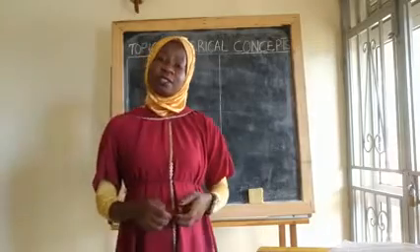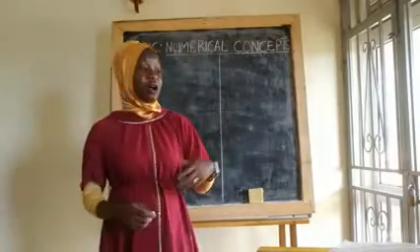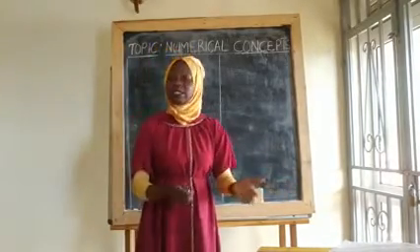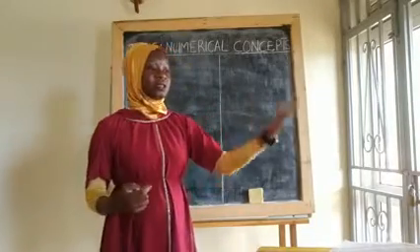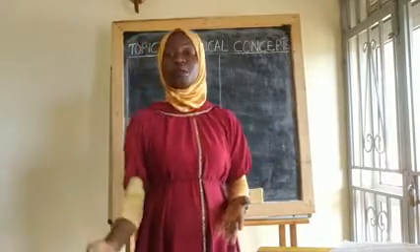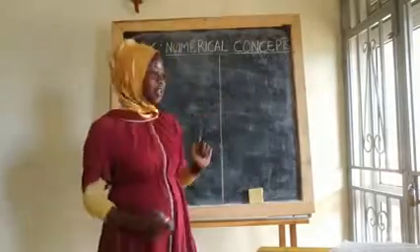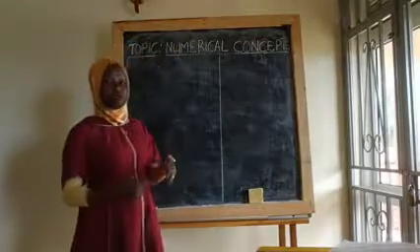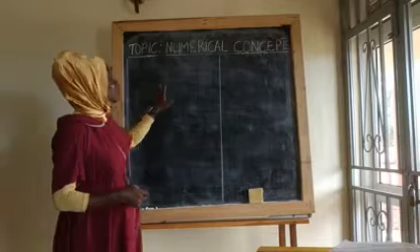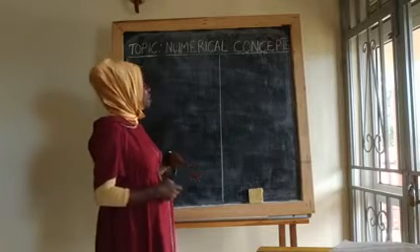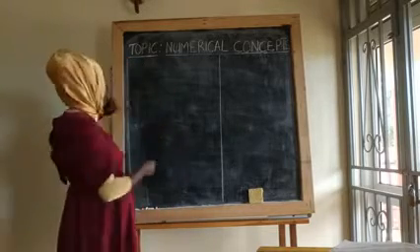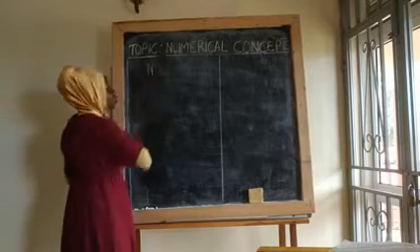In business transactions, you're aware that this kilo of rice costs 3,000. This kilo of sugar costs 2,000, all because of numbers. So numbers are very crucial, and it is a very important topic to learn about. And basically, under the numerical concept, like I said, we shall be looking at